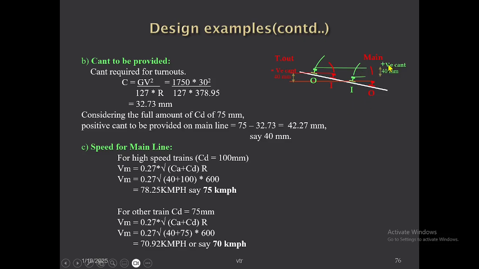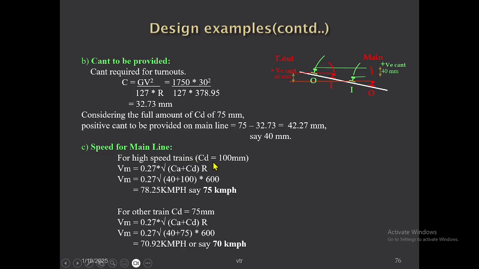So this way we have to compromise in this situation, and we have to provide the superelevation. You have to design the superelevation. Once this is your cant to the main line, with this cant we can work it out for the speed of the train. That means for the high speed trains, normally we can permit a cant deficiency of